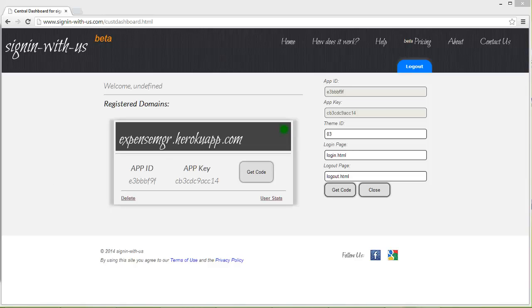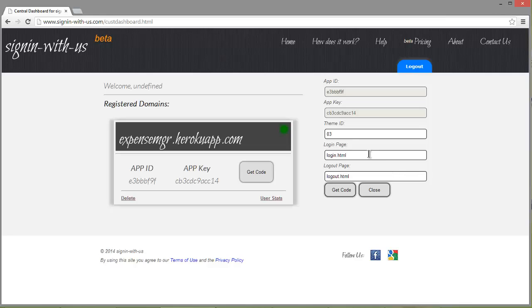The next two fields are very important. Sign In With Us works as a plugin where the response from the user authentication is passed back to the application. This is achieved with these two parameters. The login page determines the page your users will be redirected to upon their successful authentication. The logout page, on the other hand, is the page where your users will be redirected to